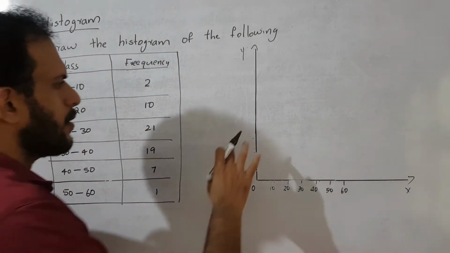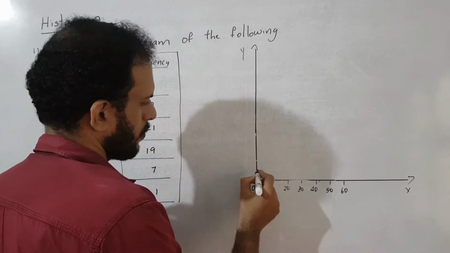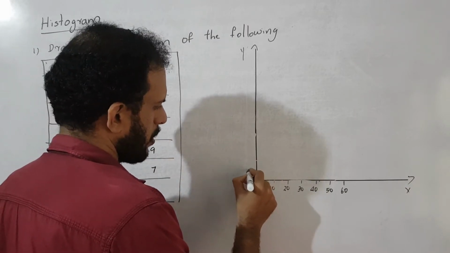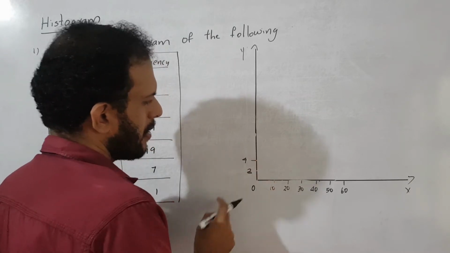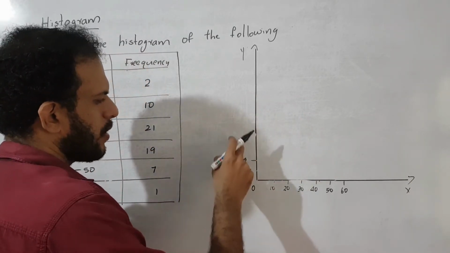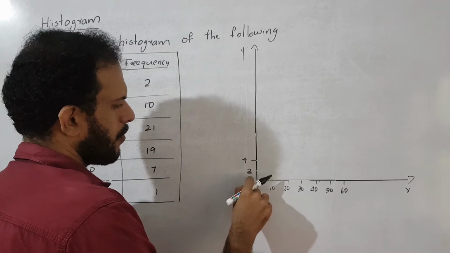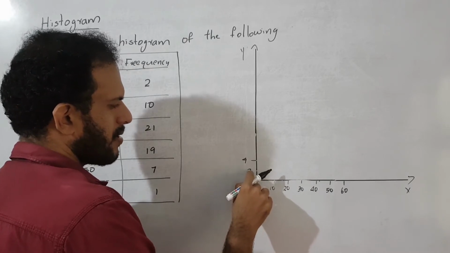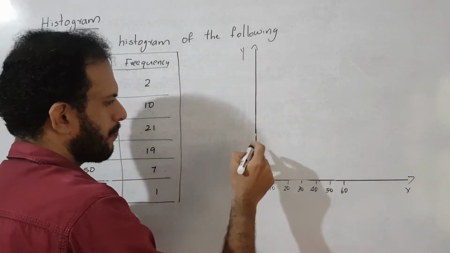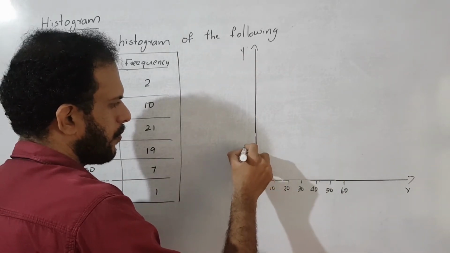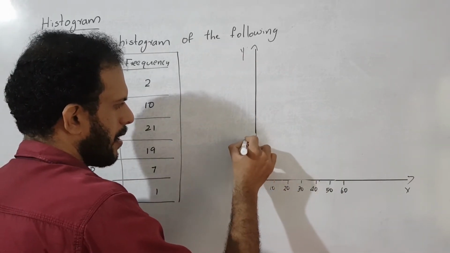So here we choose the unit distance as 2. The first number is 2, the second number is 4. Then here also you must take the equal distance. That means 1 centimeter. If you mark the first number at 1 centimeter distance, then keep 1 centimeter in all the cases. Okay, then 2, 4, 6, 8,